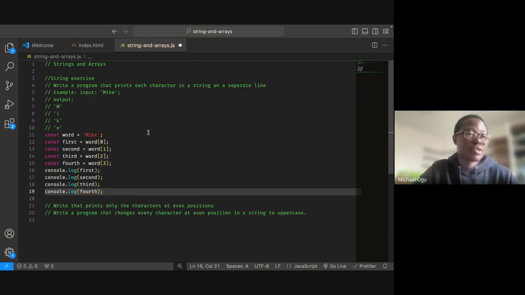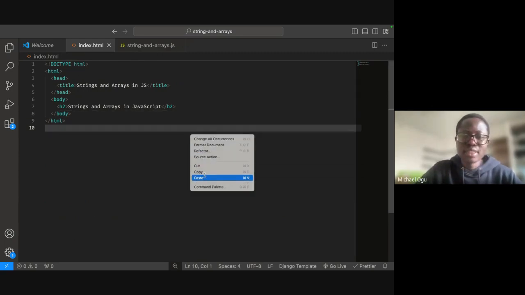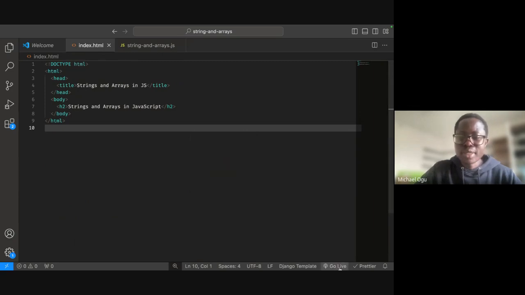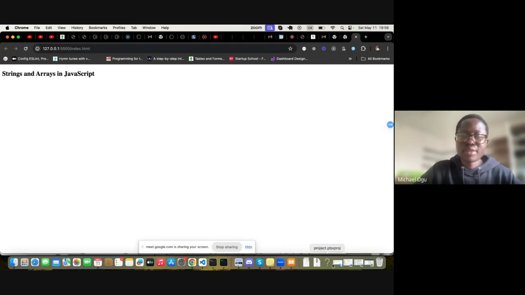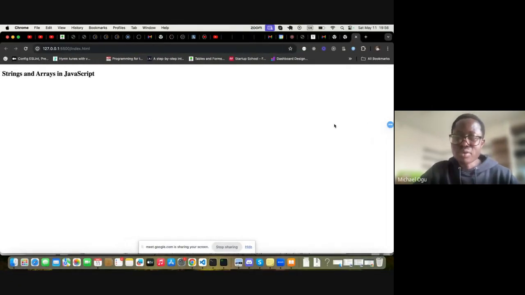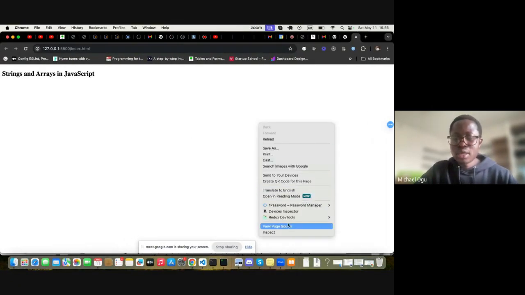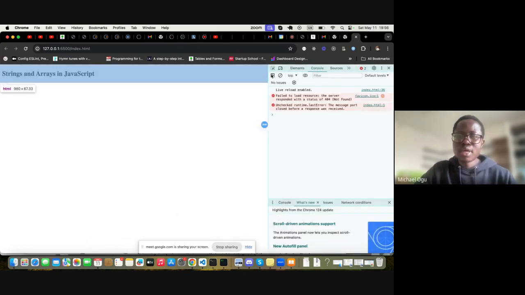Okay, so technically this should give me the answer, but let's check. Of course, since we're running our code in the browser, we have to open our HTML and then run our code and see what happens. So yeah, string in JavaScript. In our HTML, we always try to write something so that we know that, okay, this is actually running. Of course we have to open inspect and go to console. And then